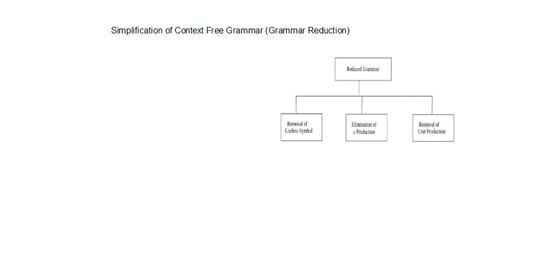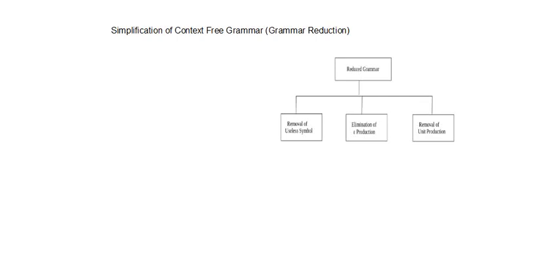Okay students, today we'll discuss simplification of grammar. If we have a context-free grammar, how do we simplify it, or reduce it into its simplest form? You can see on the screen, the reduction of the grammar. There are three things to be done for reduction of the grammar. One is removal of useless symbols. Another is elimination of epsilon production or null production. And removal of unit production. Let us see each thing.